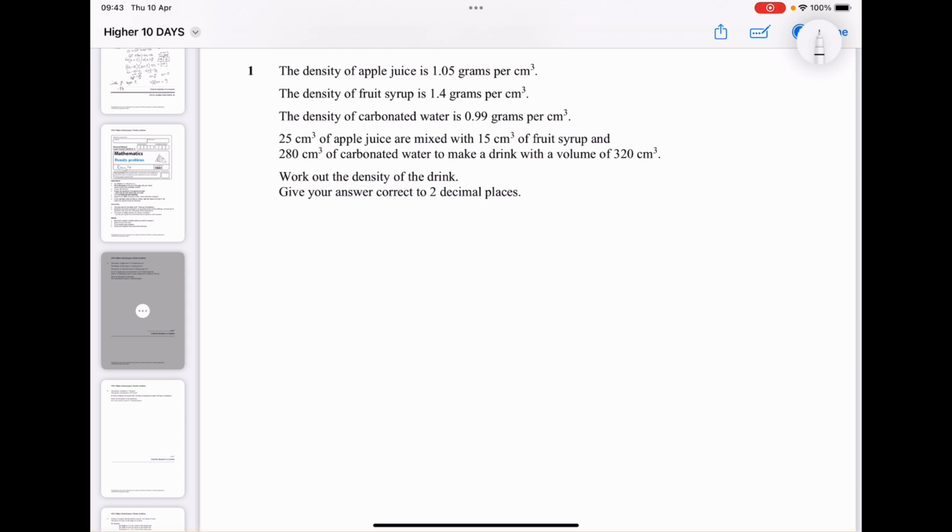So what we've got is the 3 components: apple, fruit, water, and then the drink. So this is one way of doing it. And then as such, we've got to realise that we've got density,